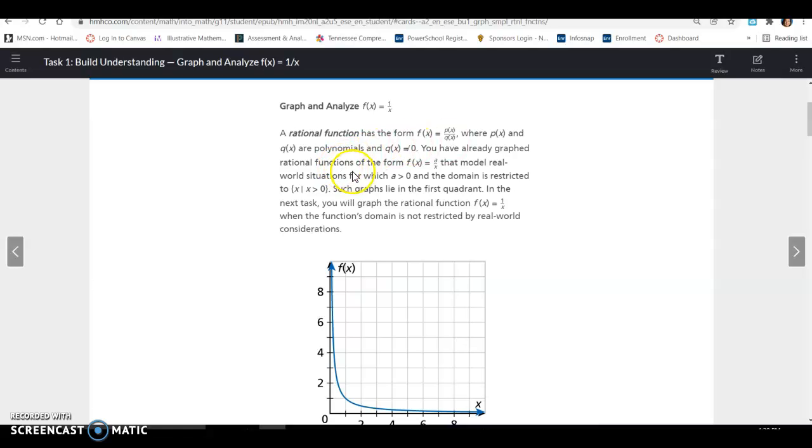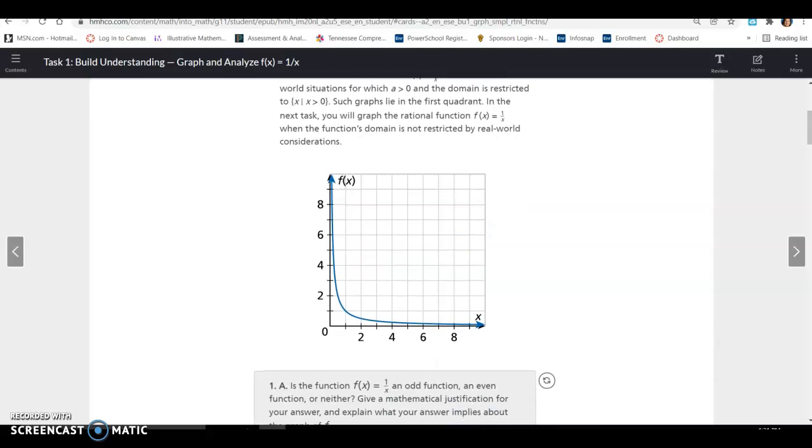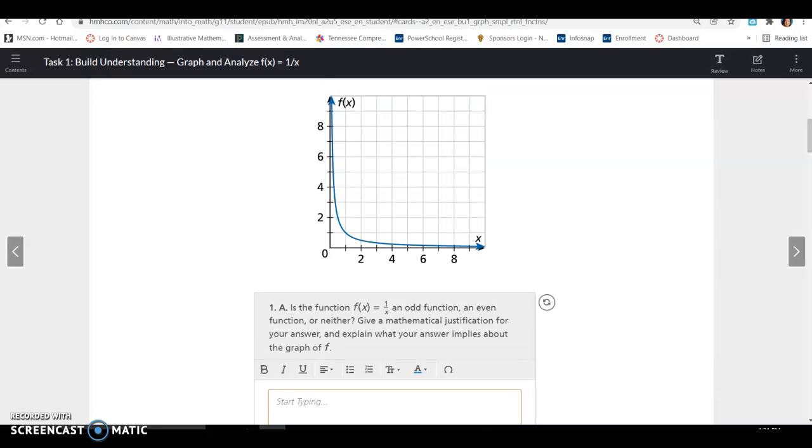You've already graphed rational functions of the form f of x equals a over x that model real-world situations for which a is greater than 0, and the domain is restricted to x greater than 0, or positive numbers. Such graphs lie in the first quadrant. In the next task, you will graph a rational function f of x equals 1 over x when the function's domain is not restricted by real-world considerations. All right. So this is the graph where it's been restricted, and we're going to move into looking at where